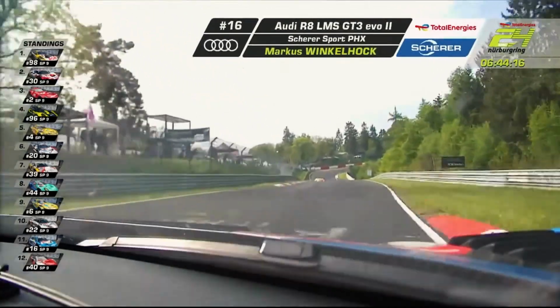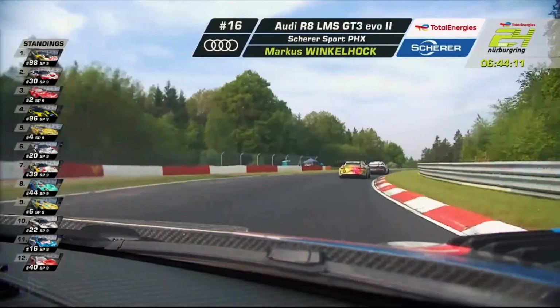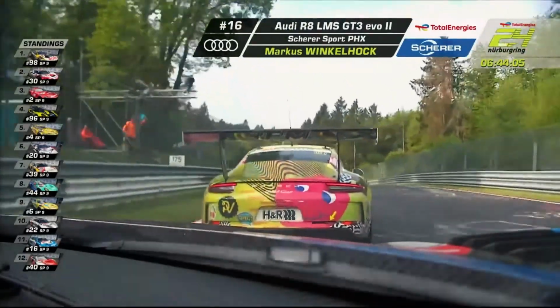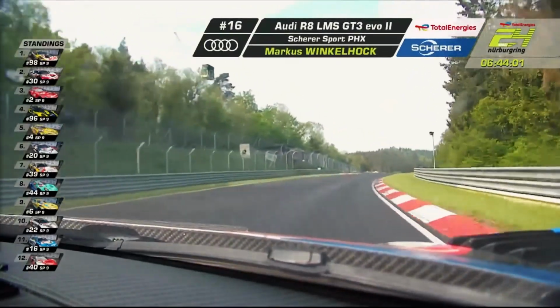The same level, so that you push into the corner deeper and so on. But yeah, I'm not surprised. I mean, for me, the first of the night stints was painful because there was so much accident, and at one point we had to drive on the grass to avoid the accident, so your tyres are covered in, you know what, and you're always...